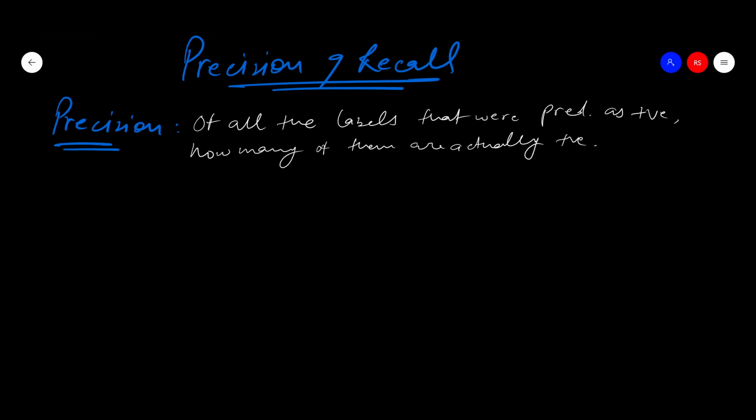Okay, let's just write down the definitions for the sake of it, then we'll understand what they actually mean and how to derive the formula out of it. Now we write recall. So recall is kind of an inverse of it, but not literally. So recall says that of all the values or all the labels